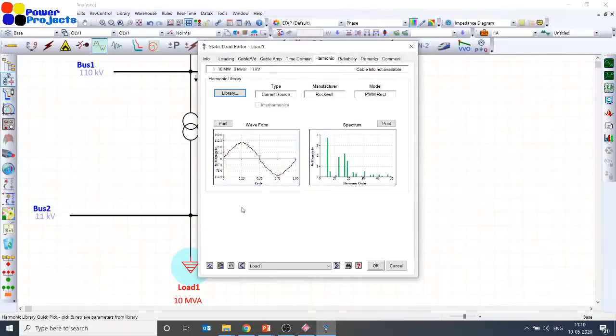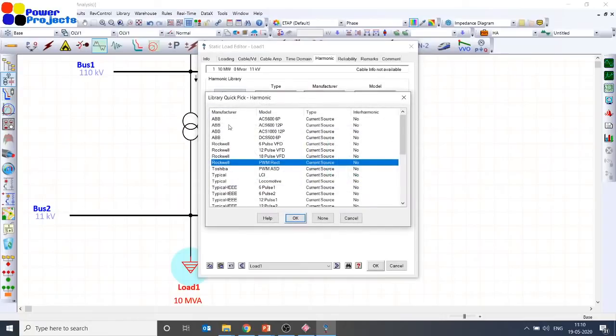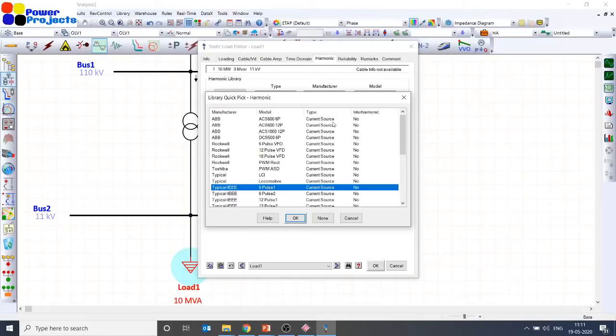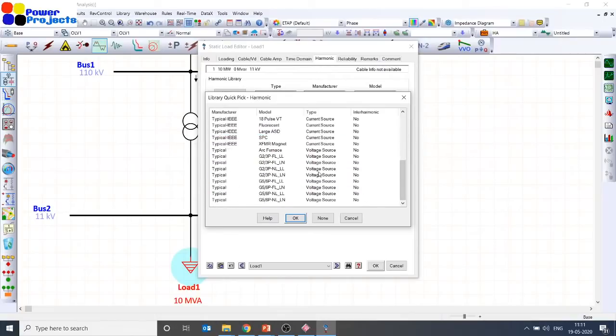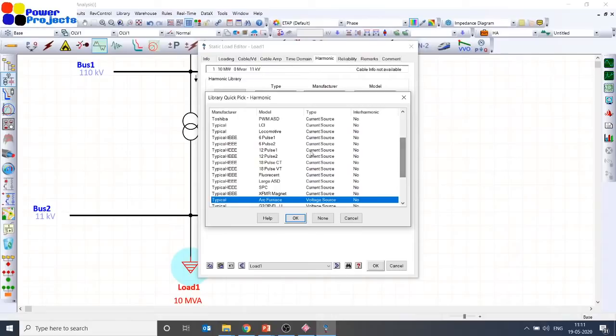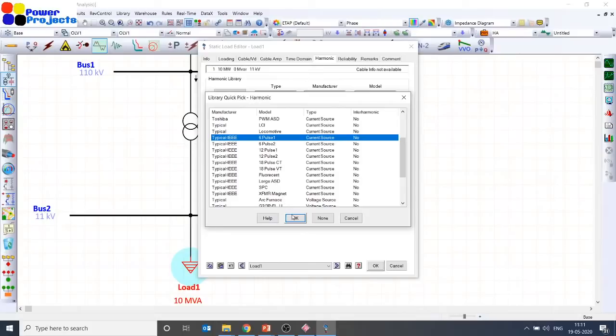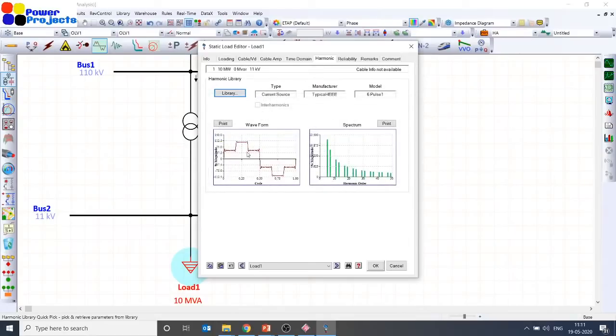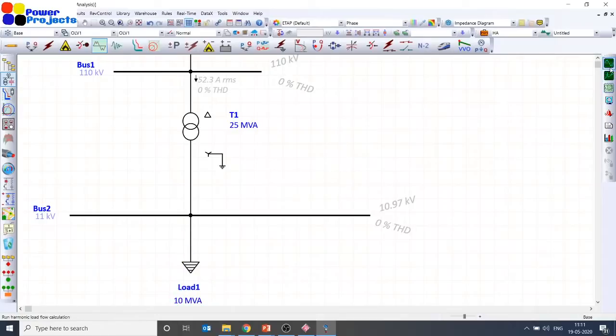Right, done. So now, rather than going with some manufacturers, let me take a typical IEEE 6 pulse current source. Here you can see the harmonic source could be a current source or even a voltage source, right? Arc furnace is a typical example of voltage source harmonics. Now I am just taking a 6 pulse drive of typical IEEE standard. You can see the wave shape is almost like a square wave with huge harmonics. Let me run the simulation and have a look at that,